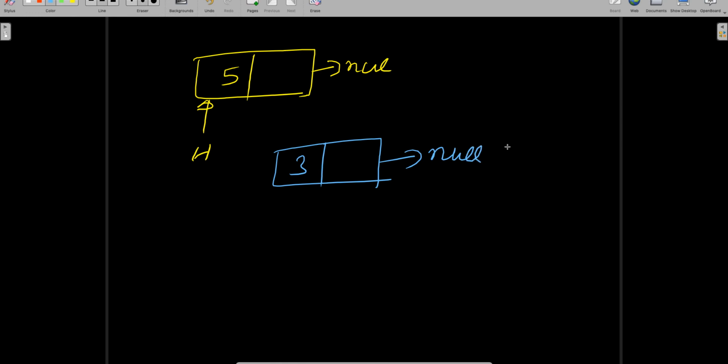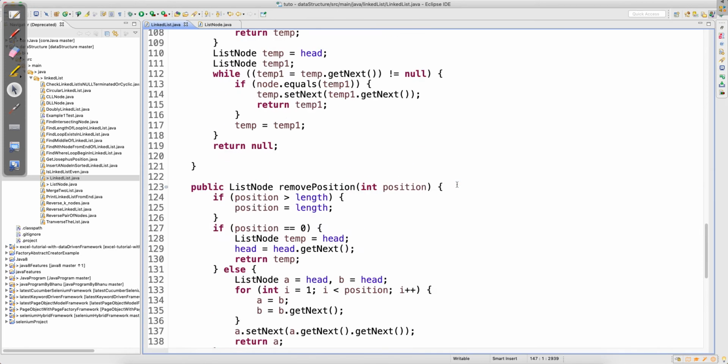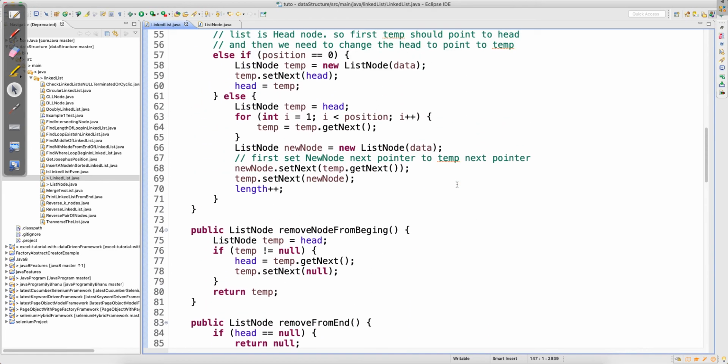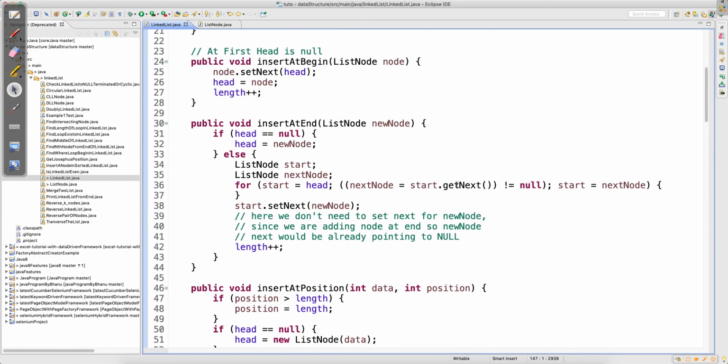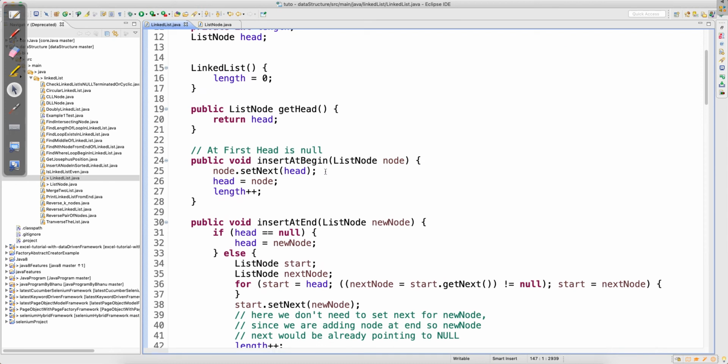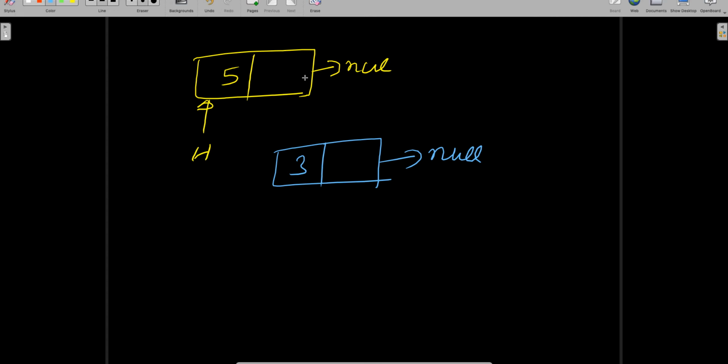Then based on the logic in the code, which we'll go and see, and which I have already explained in great detail before this video, whatever previous node you have in your memory, it will do set next to head, and head is equal to node. So what will happen? The previous one is equal to this.